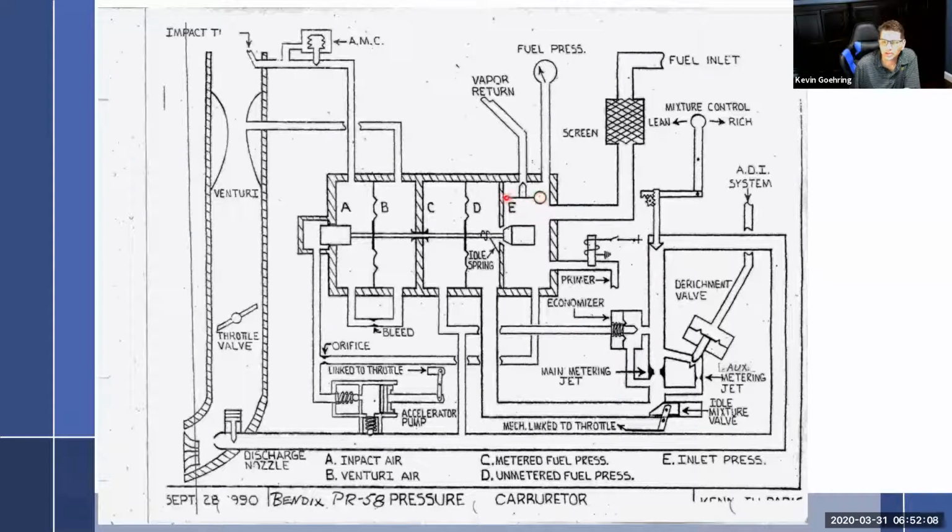So once that opens, all the air burps through here, and it goes vapor return. It goes to the fuel tank. So right back to the fuel tank with some fuel and some bubbles, and just burps it right back into the fuel tank. And then when all of the air burps back out of it, the float level is going to come up, and there it goes.